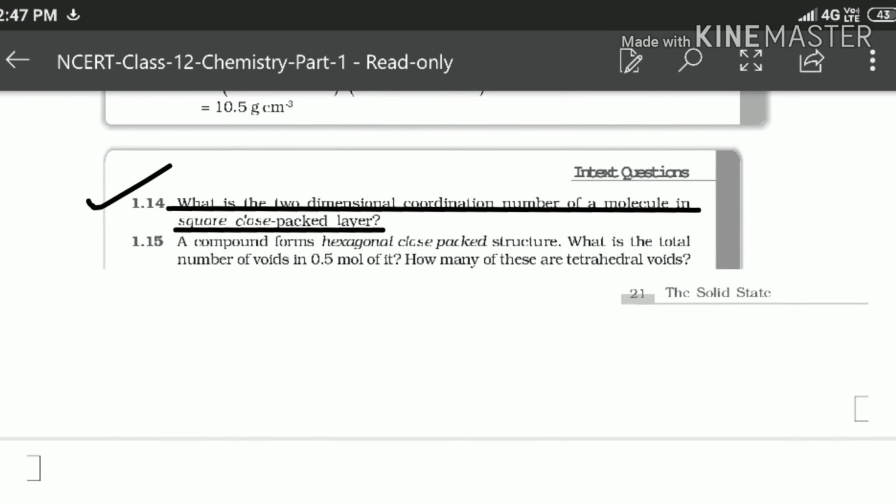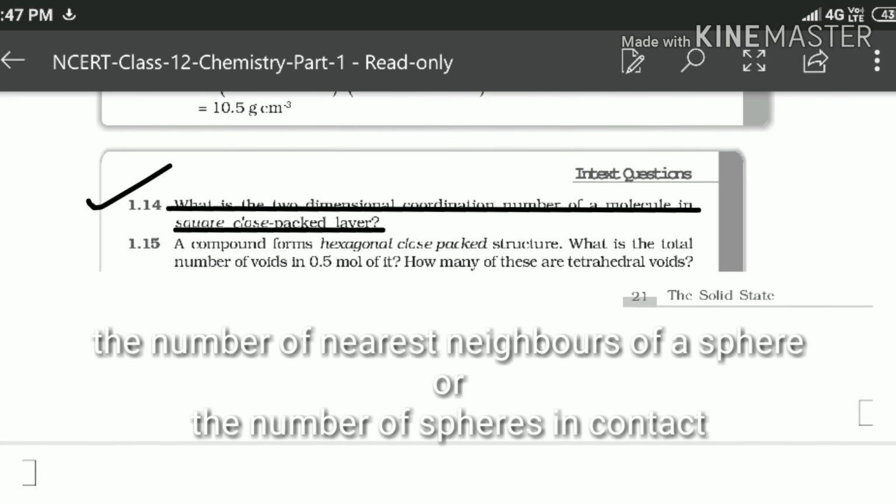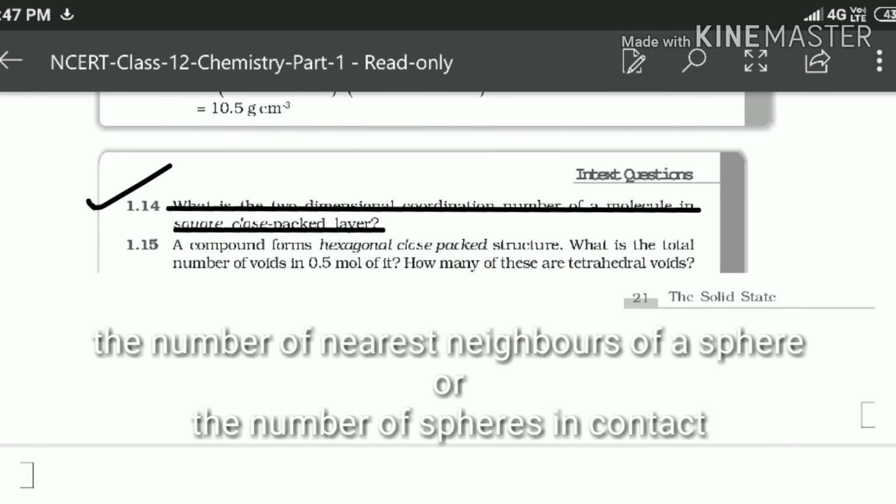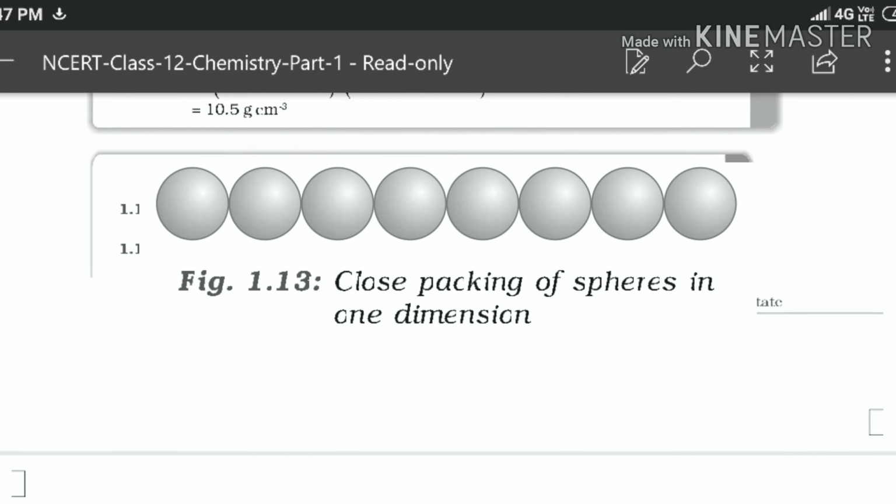Let us first elaborate the term coordination number. The number of nearest neighbors of a sphere in an arrangement is termed the coordination number. That means the number of spheres which are in contact with a particular sphere in an arrangement is known as the coordination number. In this one-dimensional arrangement, you can see that each sphere is in contact with two other spheres, one on the left and one on the right. This is a linear structure where only two spheres are in contact with the central sphere, hence the coordination number